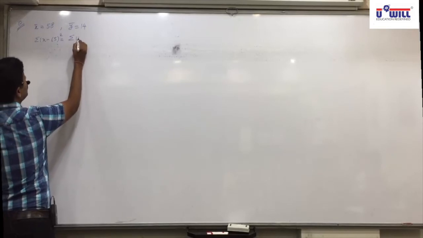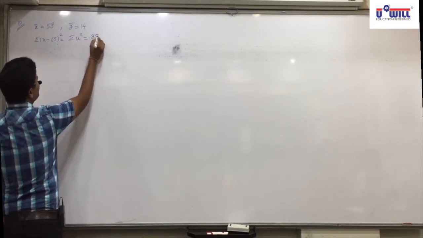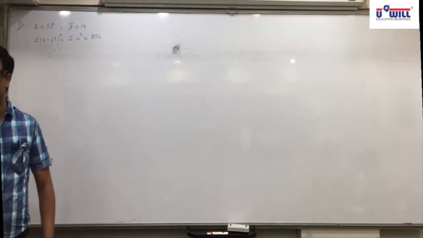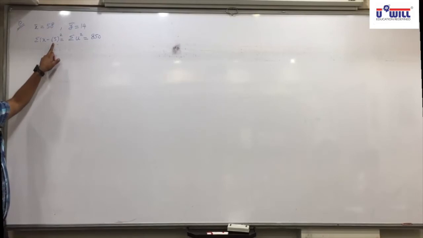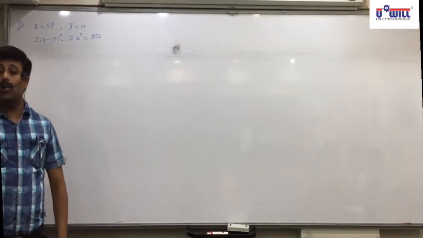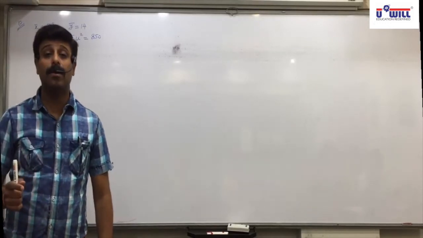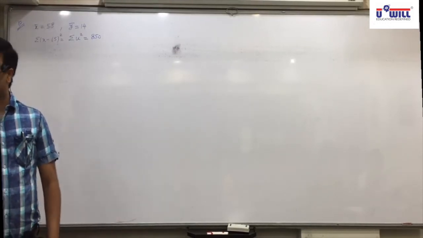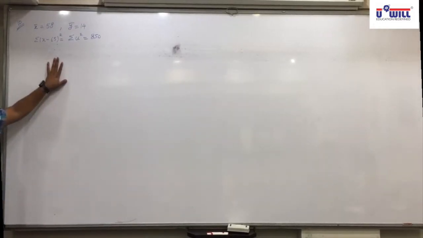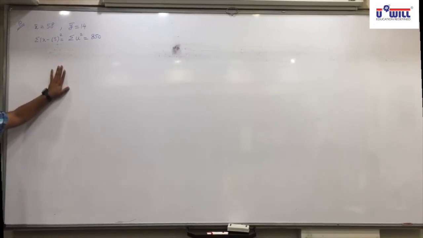Basically sigma u square. When would you have said that it is sigma x minus x bar whole square? When in the bracket the number used was 58. Have they used 58 in the bracket? They have not used x bar in the bracket. Other than x bar, if you use any number, then what is that number? Assumed mean. Before I proceed further, raise your hand if you are not clear with this. Without any hesitation, raise your hand if you did not understand it.